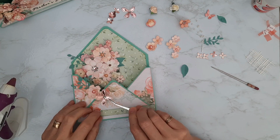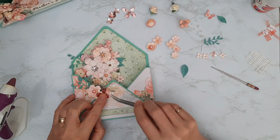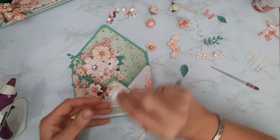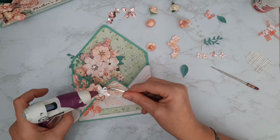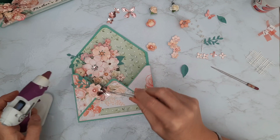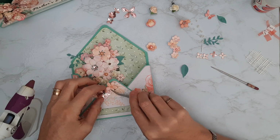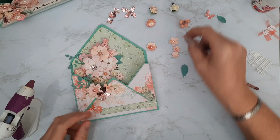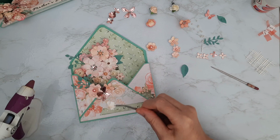This is going to sort of start and come in here. And again, some of them I've got pushed up against the others. And then just carry on with all those little pieces so that we create that nice display all the way down. So again, I've got another one